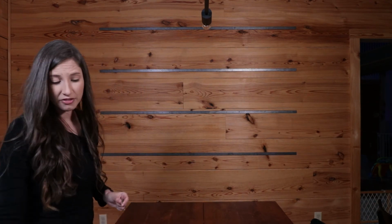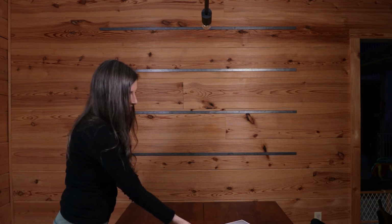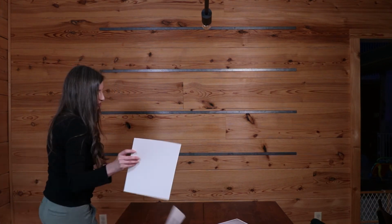They're not very expensive. So now the fun part of getting to put up our pictures. So I'm going to start with the largest ones first and evenly distribute them, and then fill them in the middle with the smaller ones. I've basically got a couple of